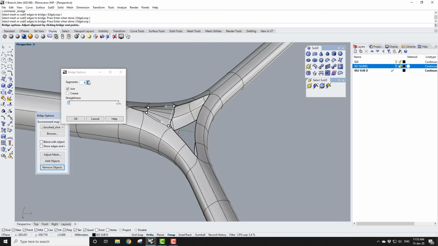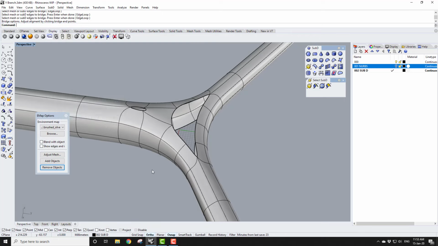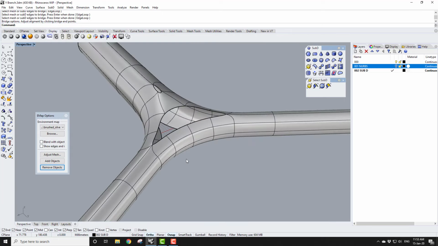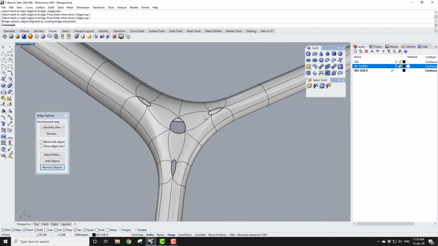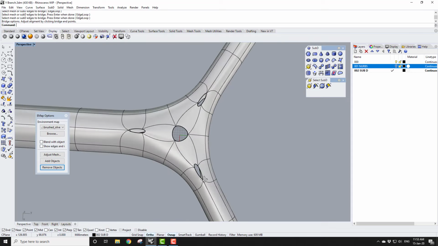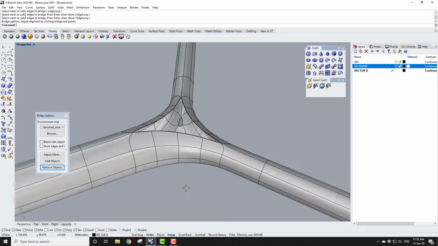And now I want to reduce the number of segments to just 1, and I can straighten these out. Okay, so I want to bridge here and here. Okay, so you see I'm now left with 4 holes. I'll repeat the process on the bottom,